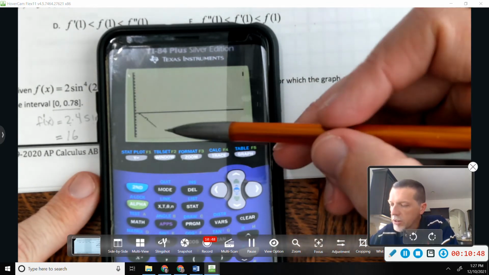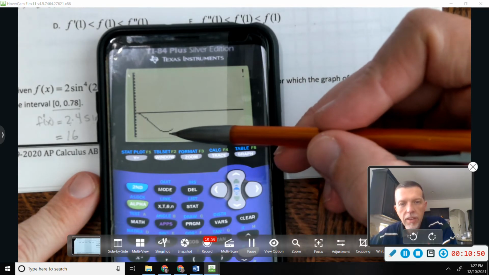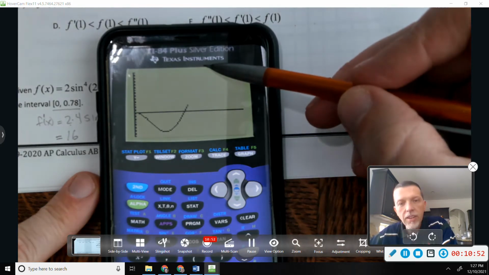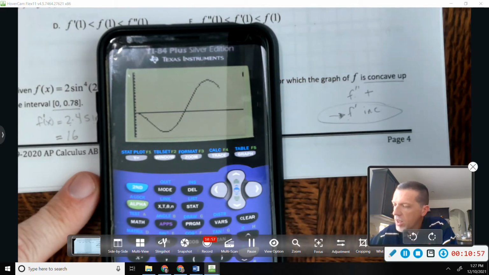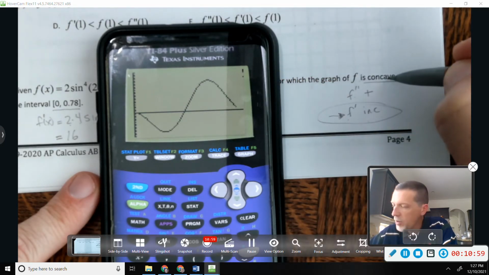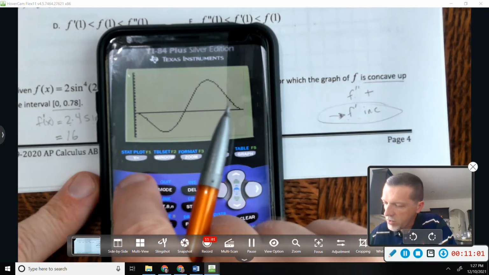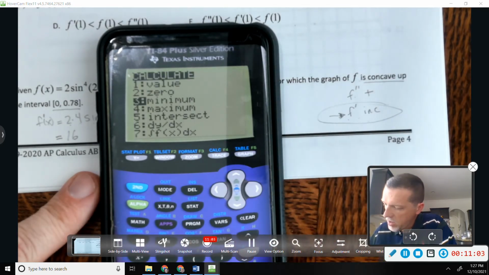And the calculator can find a minimum of this graph, and it can find a maximum of this graph. And so between this x value and this x value, f will be concave up because f prime is increasing. So second calc minimum,